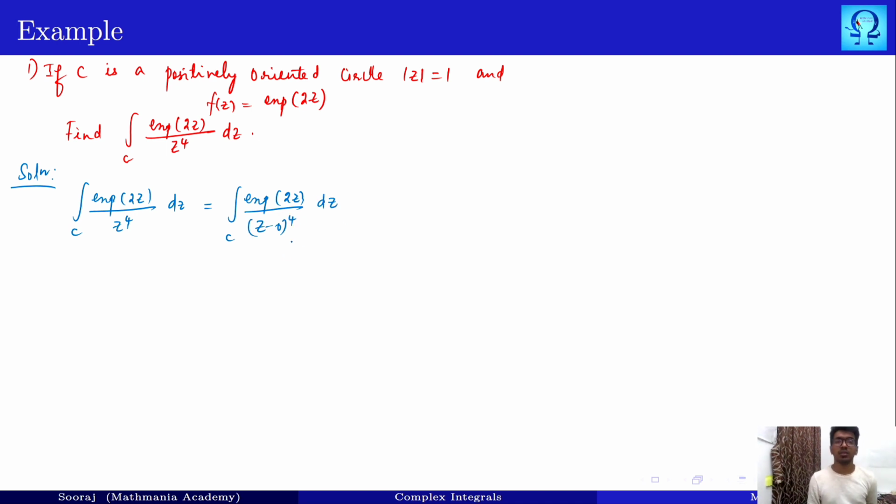Okay, so 0 is inside this circle. So by the extension of Cauchy integral formula,